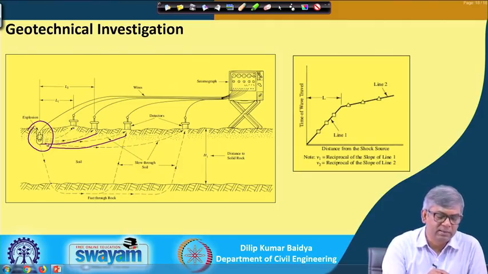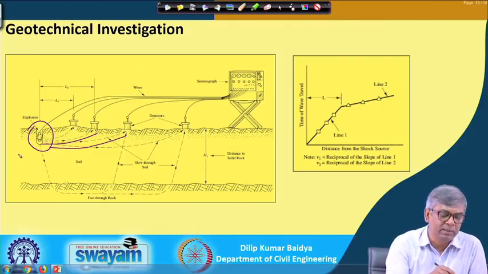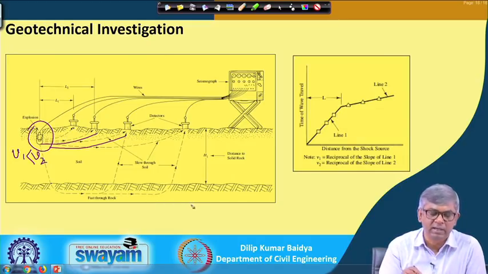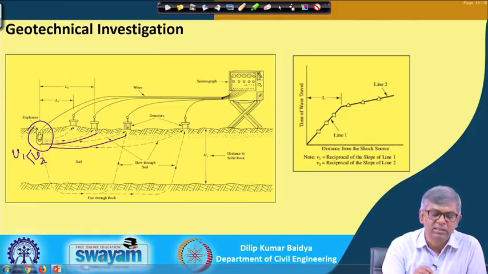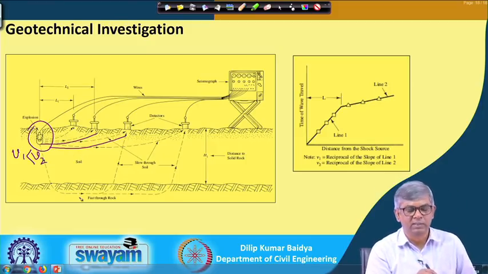You can see there may be a few pickups along the straight path, because this test is applicable when V 1 is less than V 2. That means this lower layer has a higher shear wave velocity. So, though the wave goes this way, going straight has the lower velocity. Still, if it goes by this way, it may reach faster here, because the velocity here is less. That is the way it works.